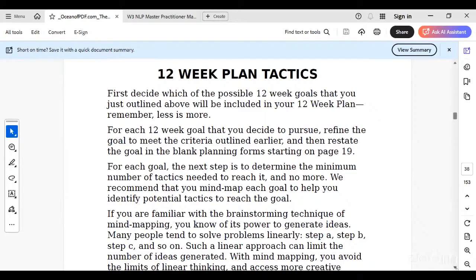If you're familiar with the brainstorming technique of mind mapping, you know of its power to generate ideas. Many people tend to solve problems linearly: step A, step B, step C, and so on. Such a linear approach can limit the number of ideas generated. With mind mapping, you avoid the limits of linear thinking and access more